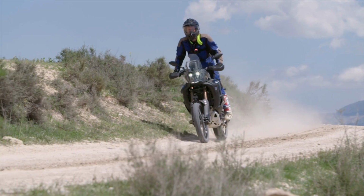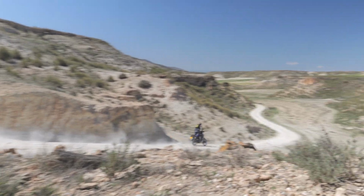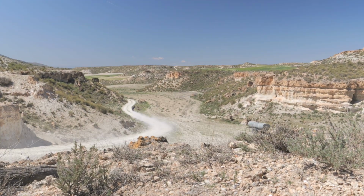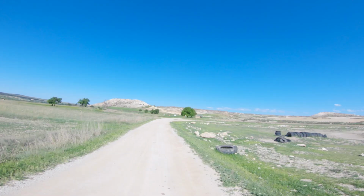Now, clearly you can still do Pol Tares things on it if you're Pol Tares, but comparatively to the standard T7, it's marginally more cumbersome. You feel it changing direction, you feel it on downhills, but the weight balance of the bike feels a bit more neutral. One of the other things that is an interesting decision is that as they've pitched this